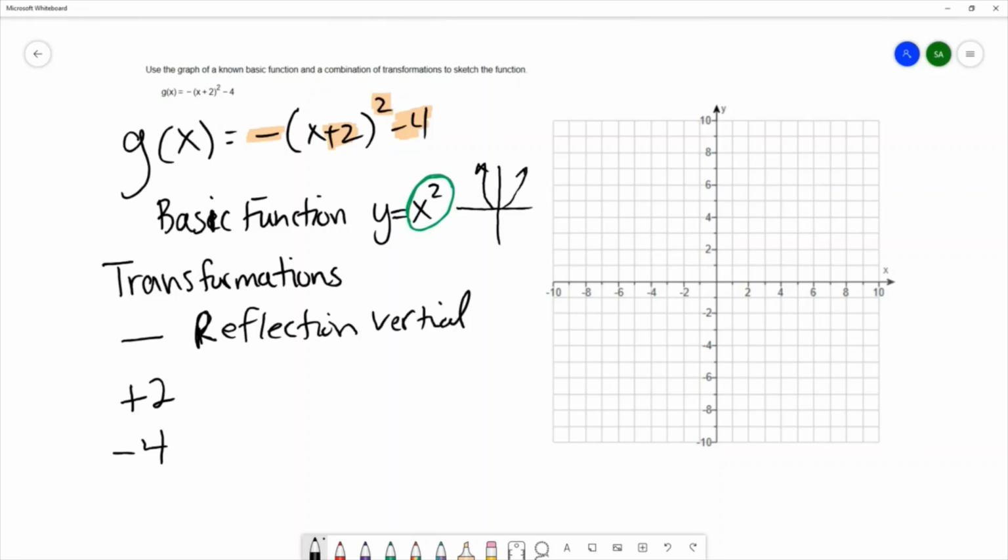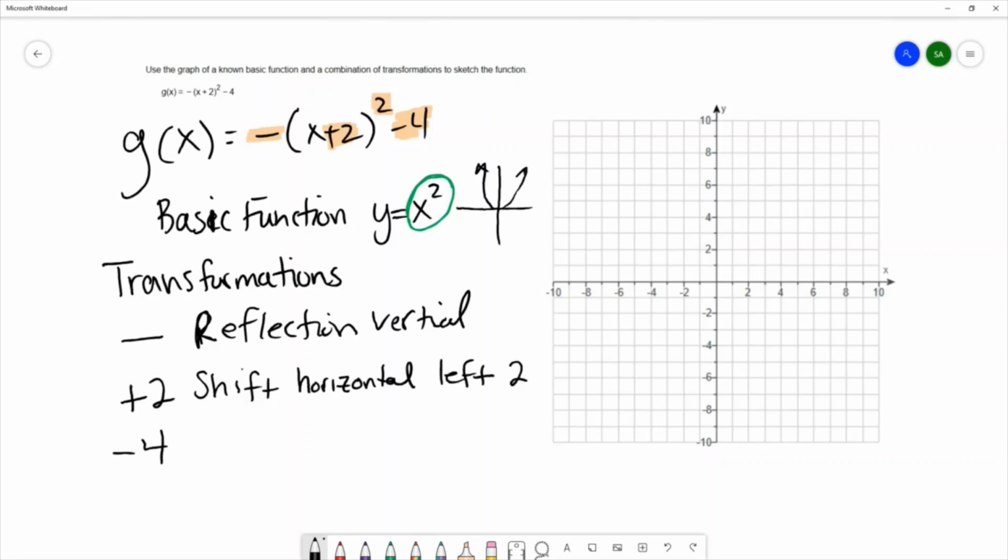The +2, plus is adding or subtracting, meaning that this is a shift. The +2 is on the inside of the base, making it a horizontal shift. And because it's plus, we're going to shift to the